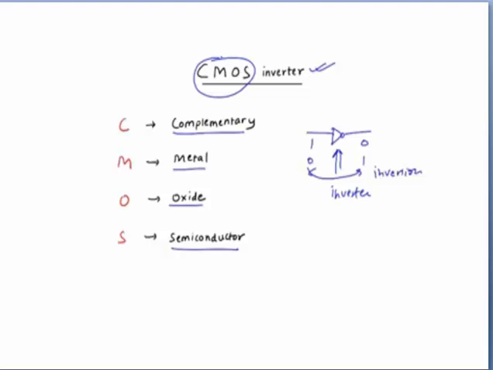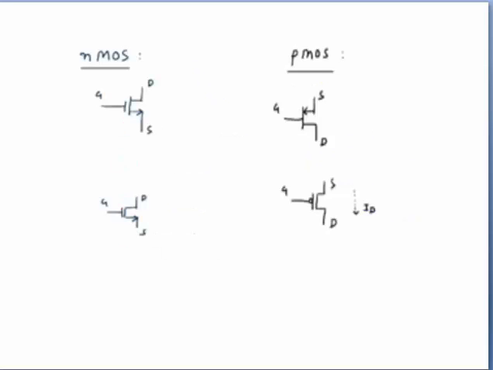N-type is simple because in N-type the drain current ID flows from drain to source, that is NMOS. In P-type the drain current flows from source to drain. So these are the two types of MOSFET, and we can differentiate them very easily by just looking at the flow of current. This is the basic difference, but you should know the variety of symbols of NMOS and PMOS. So we will study that here.